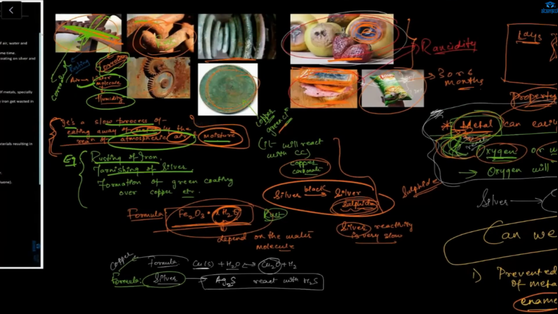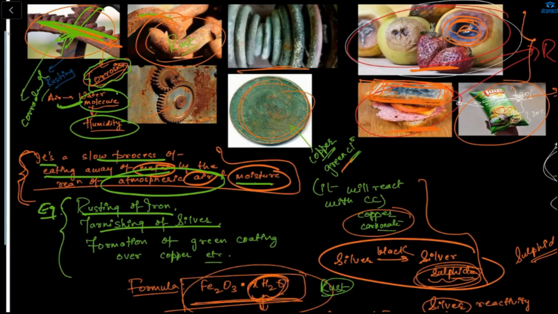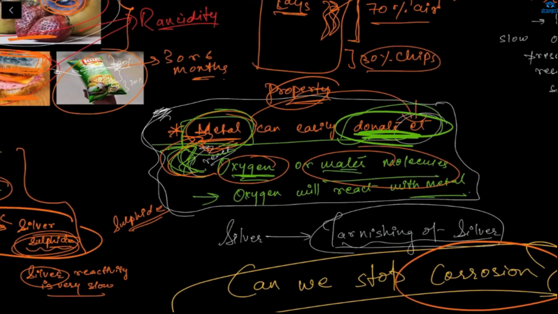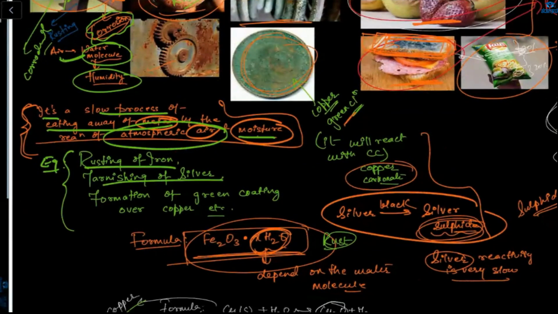Okay, good. Now next, Rudronian, can you explain? Okay, Rushil, can you? What is corrosion and what is rancidity? Corrosion is basically when the metal reacts with the water and the air, basically the humidity and the moisture. And a metal has which property? Metal can donate electrons. It donates electrons, and oxygen and water want somebody to donate electrons. That's why they react with the metal and form rust. The whole process is known as corrosion.